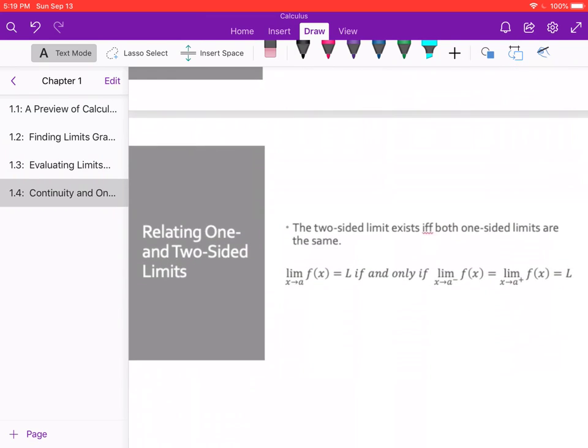So relating two-sided limits and one-sided limits, the two-sided limit exists if and only if both one-sided limits are